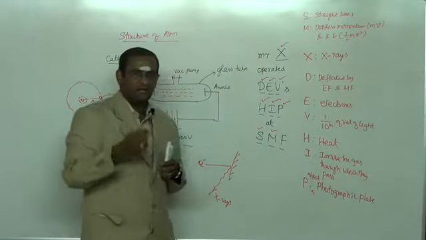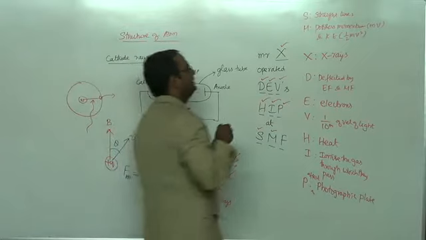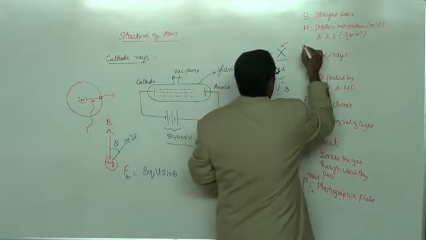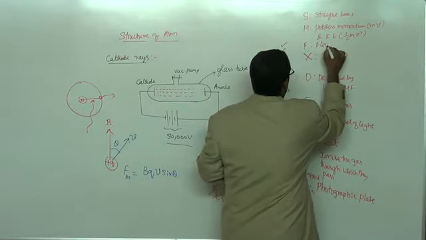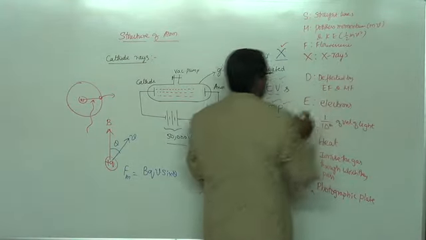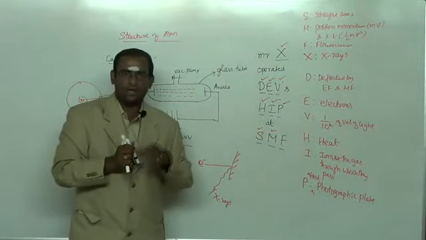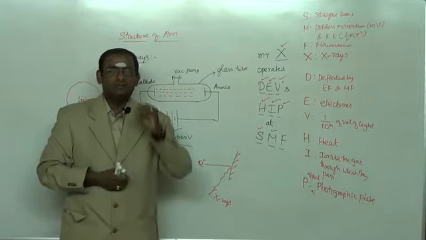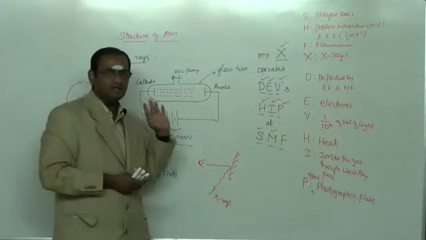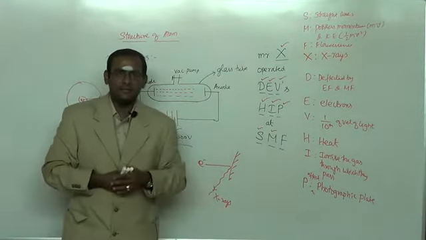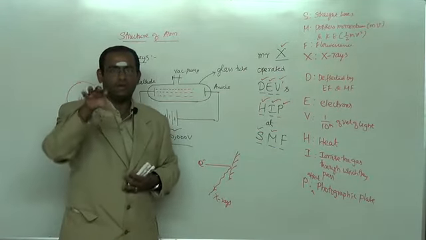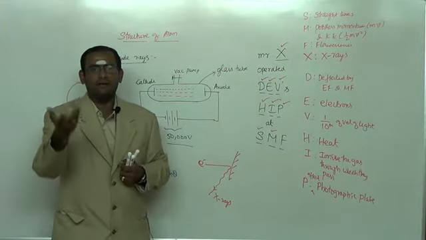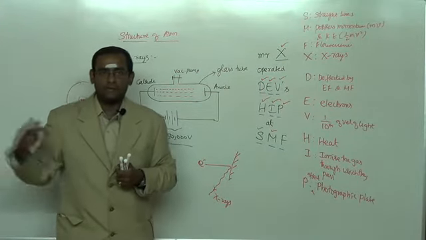Now last but not the least, they produce fluorescence. Cathode rays produce fluorescence. What do you mean by fluorescence? Children, you will study fluorescence later on also. Now I will just simply explain the concept of fluorescence. Whenever electrons bombard a sheet coated with fluorescent materials. What are the fluorescent materials? Zinc sulfide, cadmium sulfide, aluminum stearate. We can give any number of compounds like this.